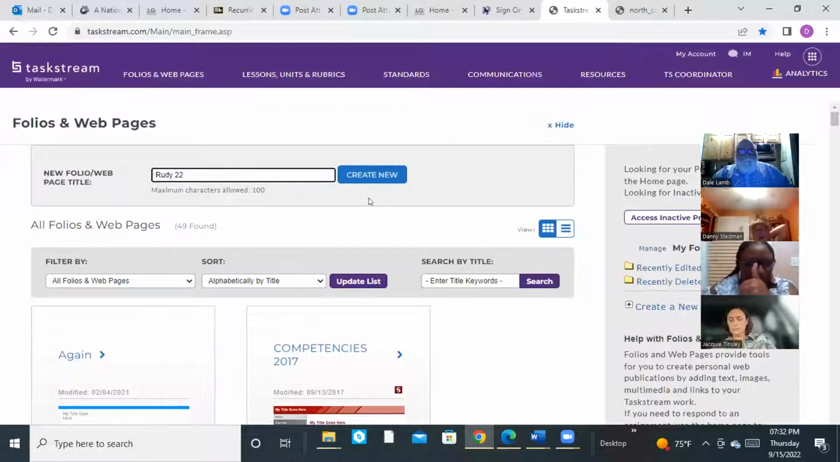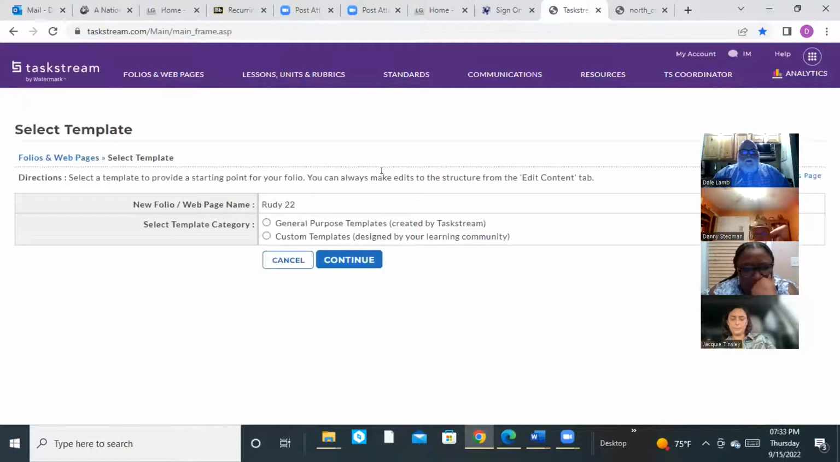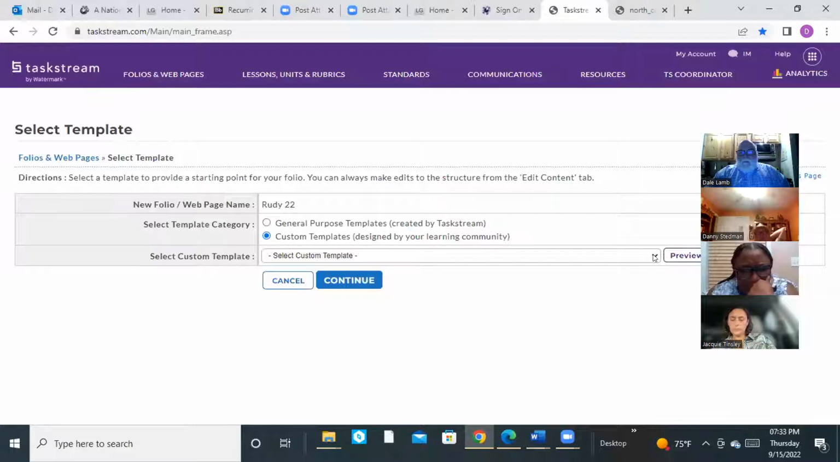Again, Dr. Lamb said this is the only time you will build this throughout this program. You will add to it from this point on, you're just going to add to it. And so when you create a new general purpose template,